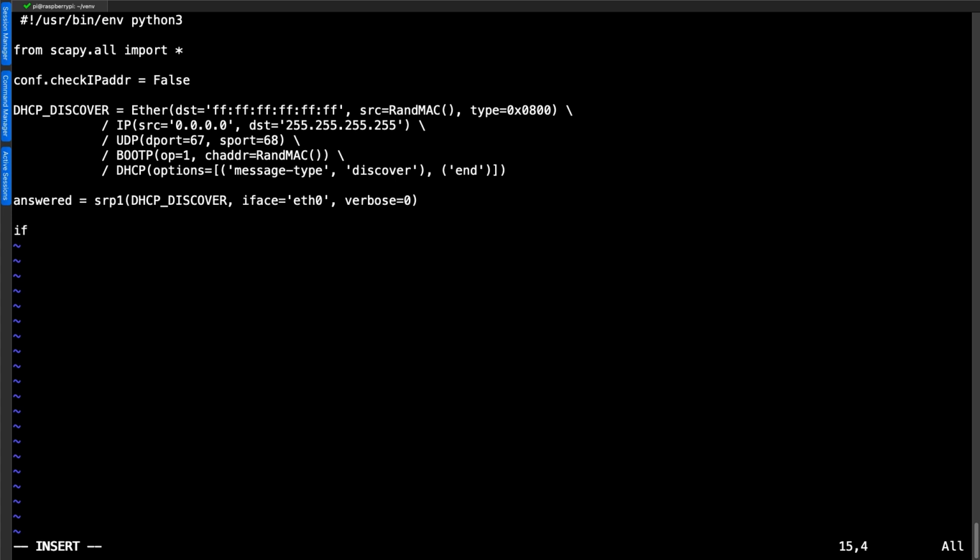And now we can test to see what we're getting back. So I'm just using if answered. So if we've got something coming back, then that's going to be true. We can just space in a little bit and put another if statement. And we can check to see that we've got DHCP in our answered variable.